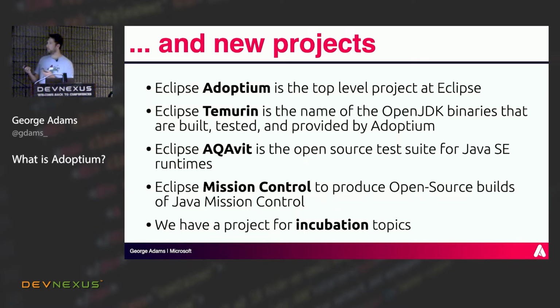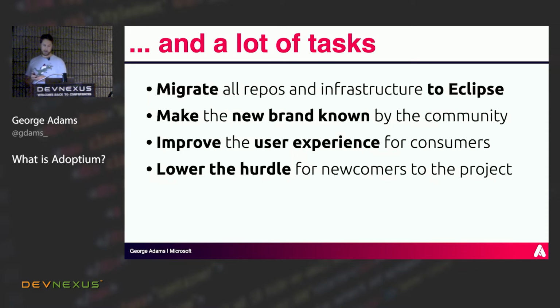And so obviously, with moving to a new project and renaming, we had a lot of tasks. Even just rebranding, going through all the repositories, changing names in the READMEs. But we really wanted to focus heavily on improving the user experience and improving the ability to contribute to the project. That was one of the areas we'd seen from feedback: it was hard to contribute. We wanted to make that easier, so we wanted to lower the hurdle.